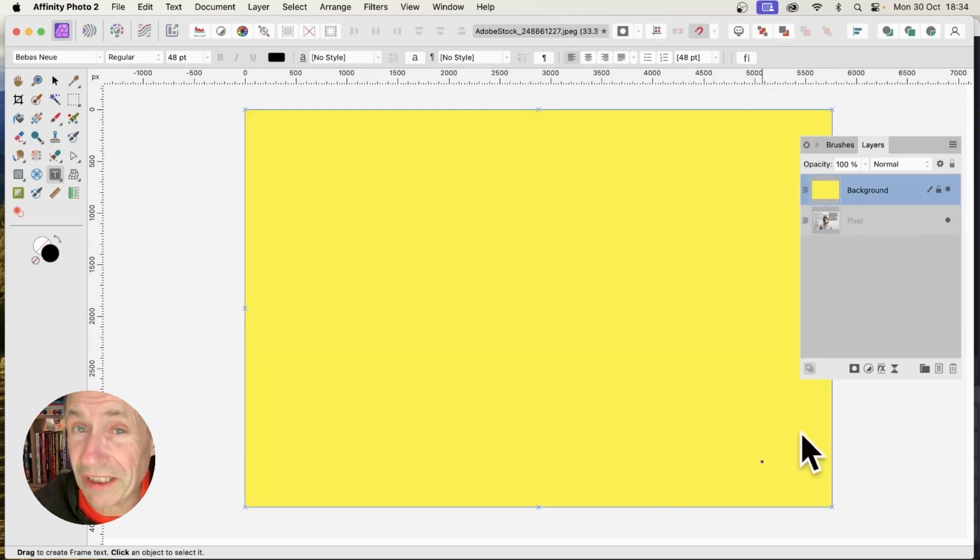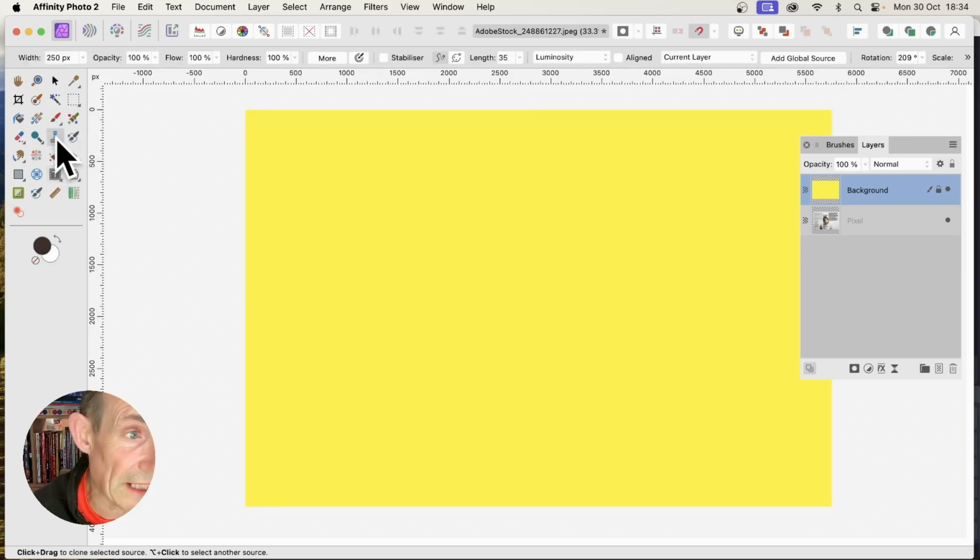Now I'm going to go with a fresh layer, filled with yellow. Could be filled with any colour. But now what you need to do is go to the clone brush, and you can find it in the tools panel. So go here, select that. And along top, you've got the control bar. You've got add global source. Well, what you can also do is hold down the Alt or Option key and define a source for the